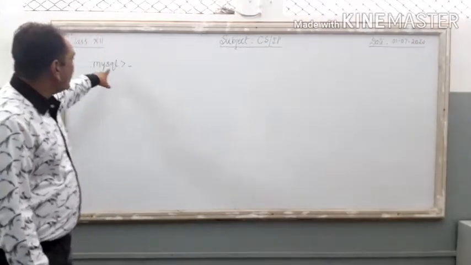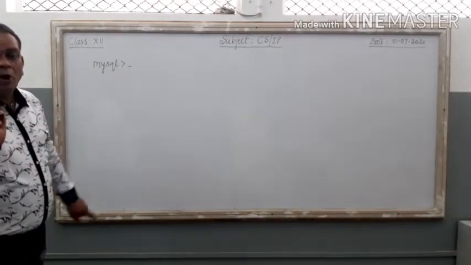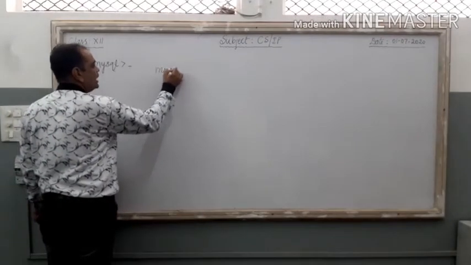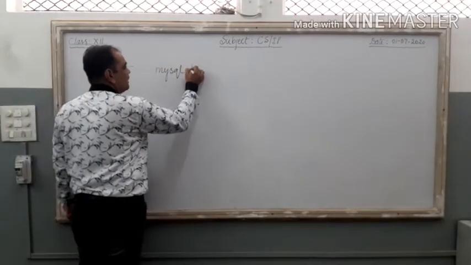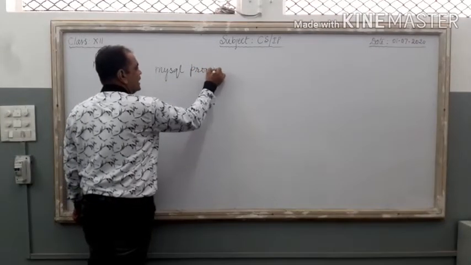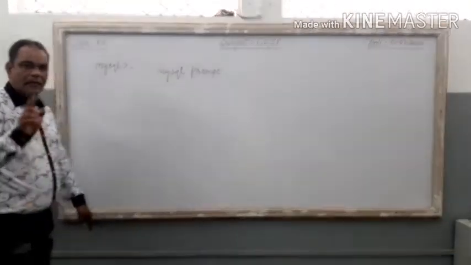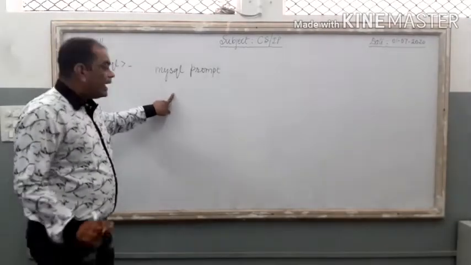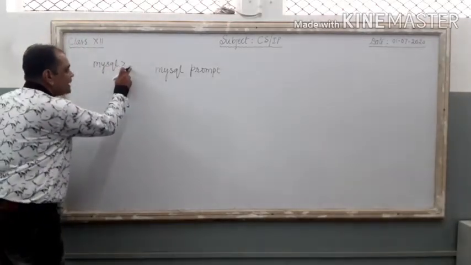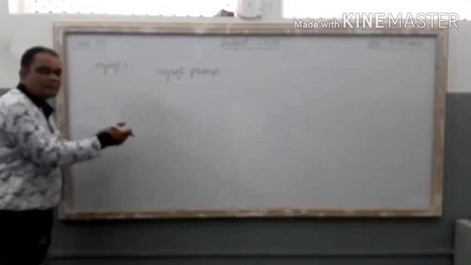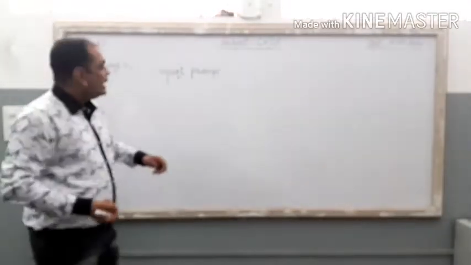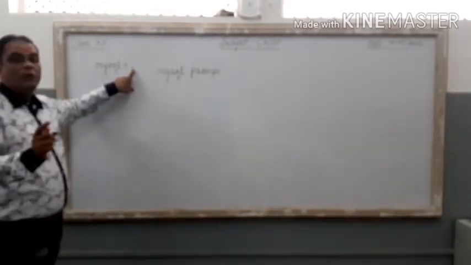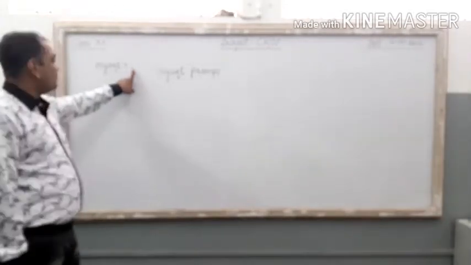So you see the MySQL symbol and the cursor on the computer's monitor. Right? It is known as the MySQL prompt. I am going to write it down. It is MySQL prompt, P-R-O-M-P-T. Clear? So you see this MySQL prompt, and it is the place just after the symbol where the cursor is showing. It is the place where you are going to write your commands. You are going to write MySQL commands.